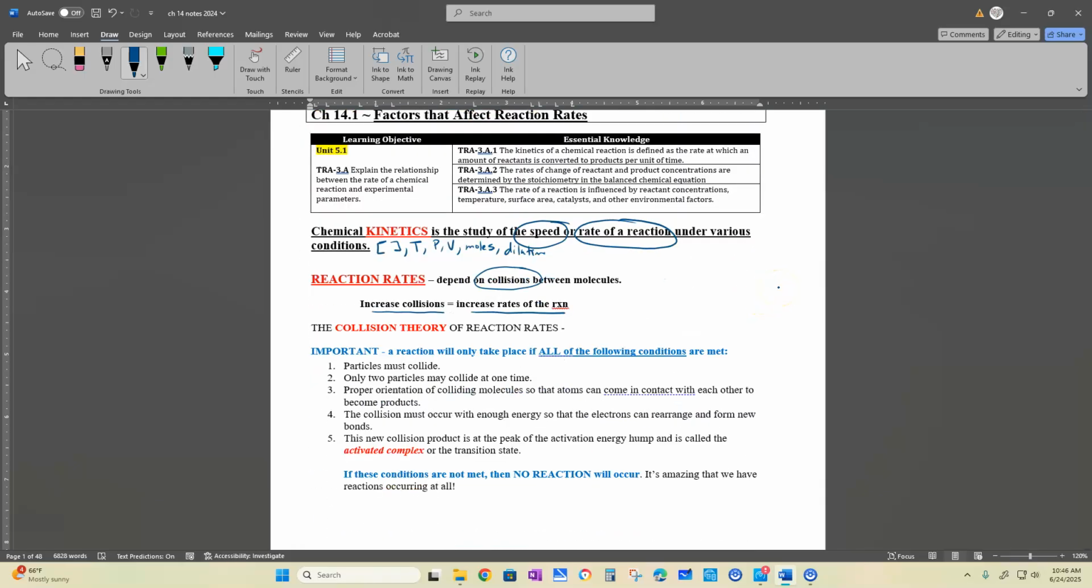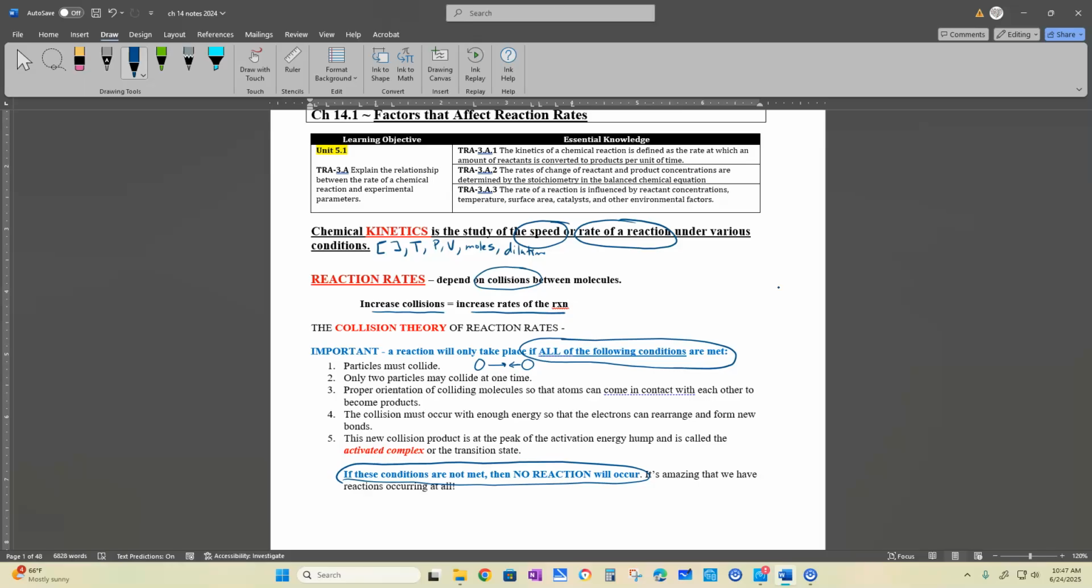In order for a reaction to actually take place, all of the following must occur. If even just one of the five is missing, you're not going to have a reaction. So what are the five conditions of collision theory for a reaction to occur? Well, number 1, you've got to have collisions. The molecules have to collide with each other. Only 2 particles can collide